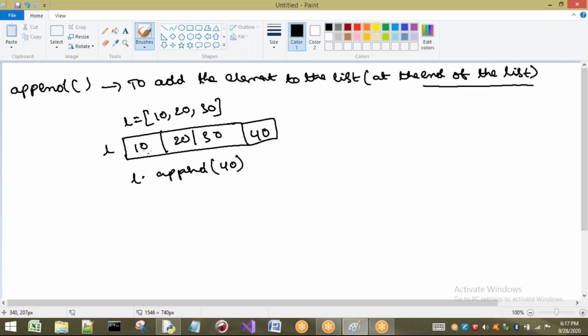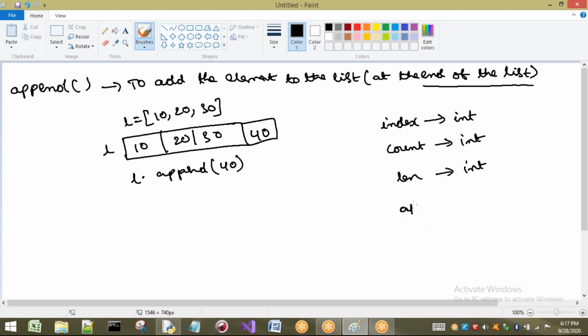And the next point about append is, append does not return any value. That means if you look at index, it is going to give me some numerical value or int value. And if you look at count, it is going to give the number of occurrences. That is also written as int. Now if you consider the length method, it is also giving me a return type of int. But this append is not going to return anything. That means it is going to return None.